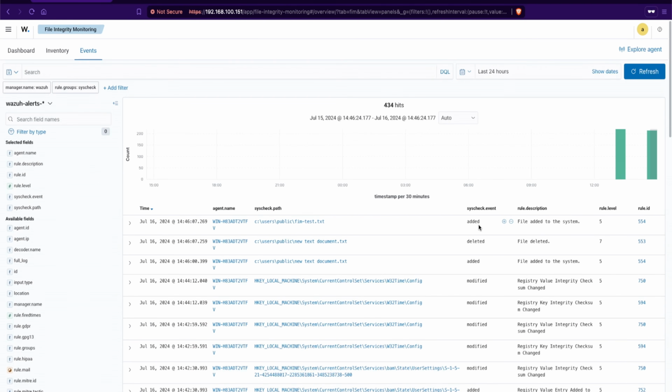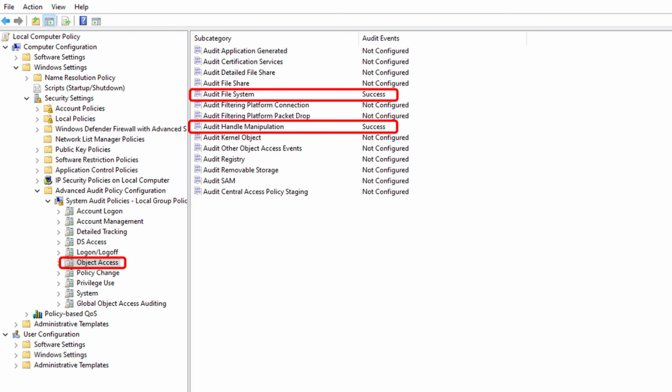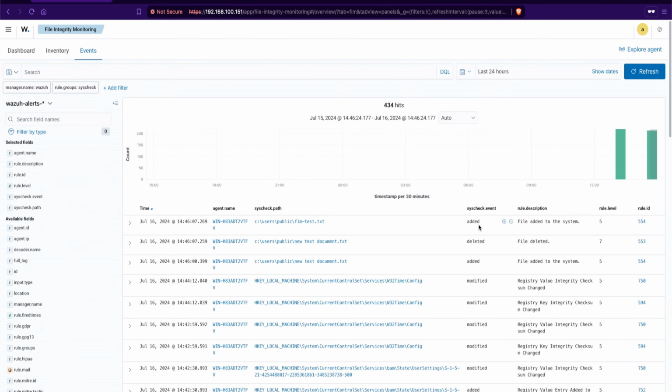Continuing on with whodata, in this demo, I'll be showing you how to configure this on Windows, and I'll provide you a link to the official documentation where it will include Linux if you're interested. When it comes to configuring whodata for Windows, an important note here is that it uses Microsoft's Windows auditing subsystem, specifically the Object Access, Audit File System, and Audit Handle Manipulation Policy, along with System Access Control List for each